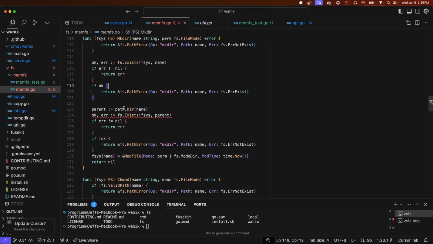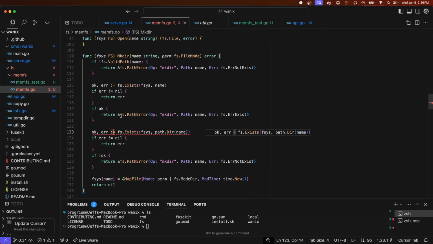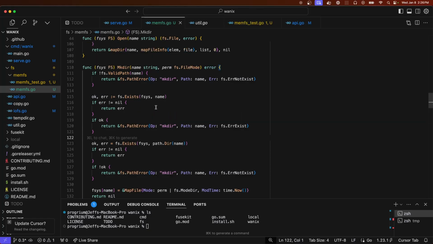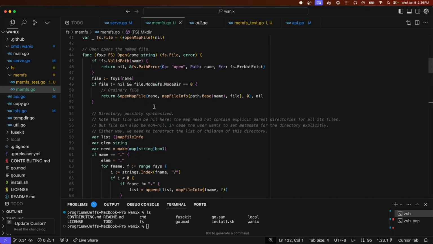And then here's pretty much the same thing, except let me check the parent directory. This is a Go thing because we declared these variables already. It doesn't want us to declare them again, just assign them. It's somewhat unique to Go in terms of most programming languages. And then this